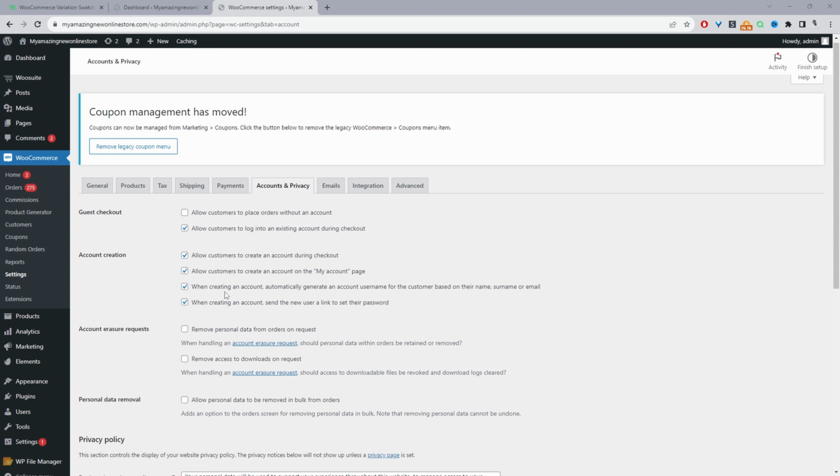But by default, the only information that WooCommerce requires from them is an email address and possibly the password field, if you've unticked this option here. If you've ticked this option, then all they'll need is just their email address, and then it will send them a reset password link with which they can create a password. So if you want to take it a step further, this is where the User Registration plugin by AovUp